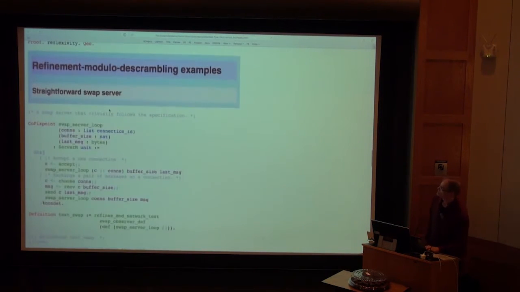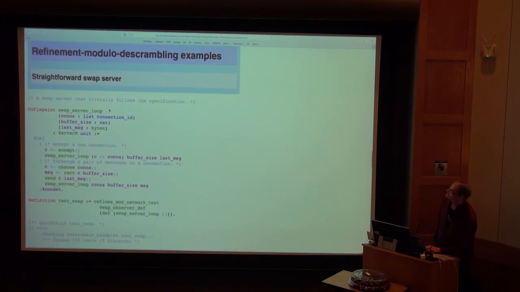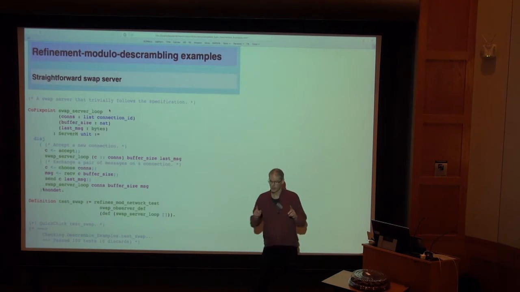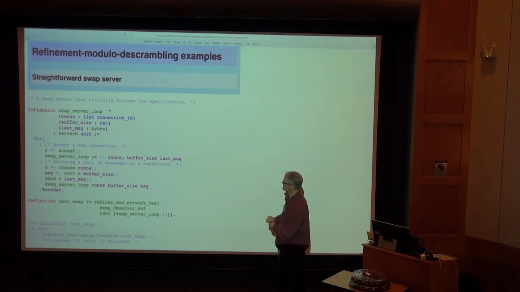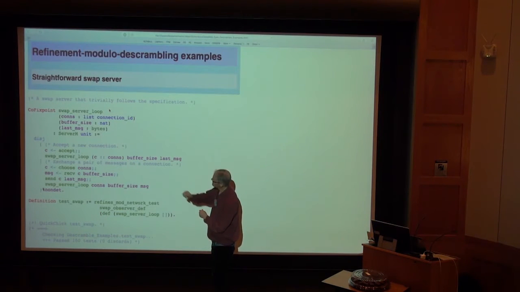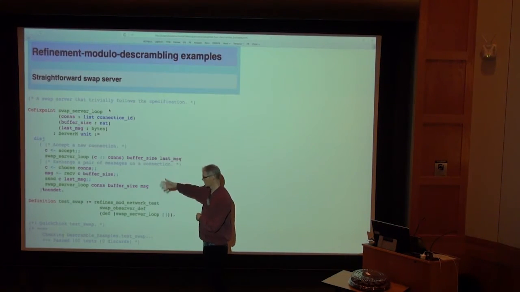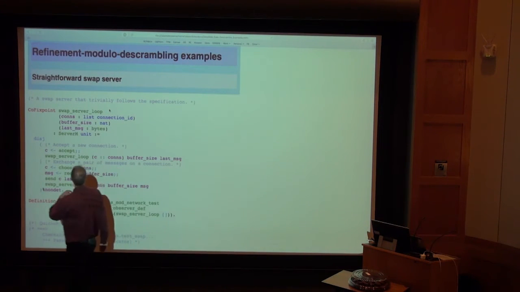Okay. Let me show you a few refinement modulo descrambling examples. So remember, the top level property that we claim is that the C-like Galena implementation refines modulo scrambling the swap server specification. Here are some simpler implementations that also refine, or in a couple of cases do not refine, the specification.